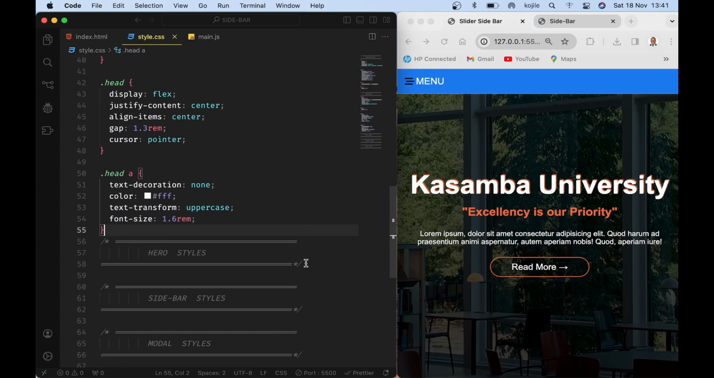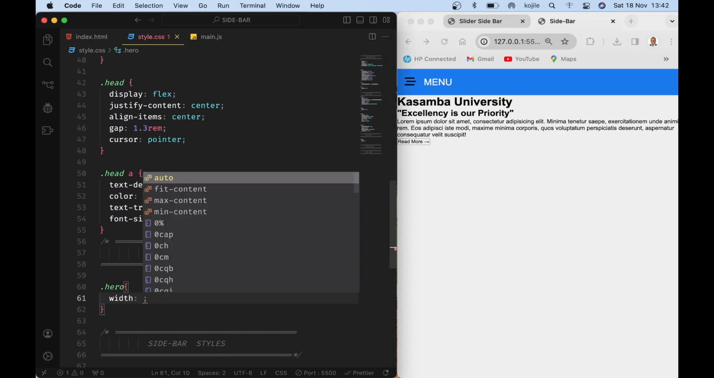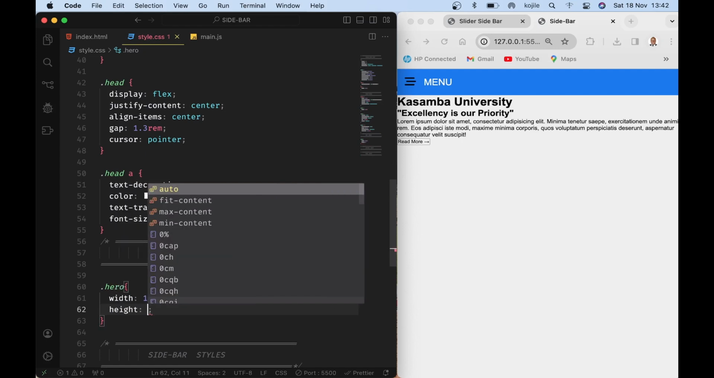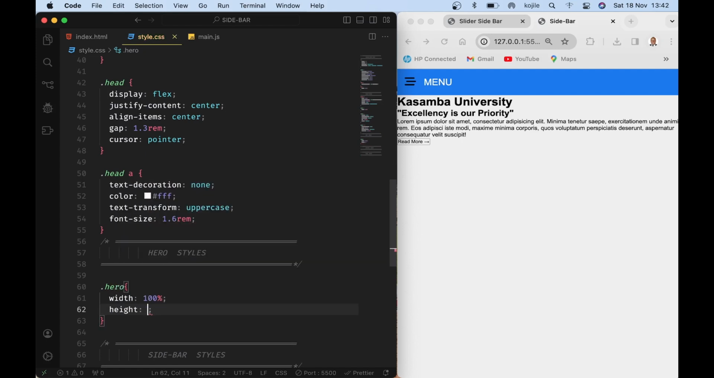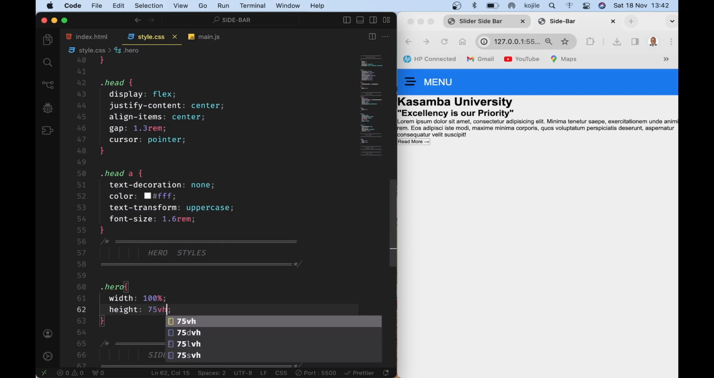Let's shift to the next side here, and we paste the class we copied from our index. Now what do we want to do? Let's get back there and see. We first need this to cover 100% of the width of the browser. So width will be 100%, and height, let's say maybe 75 to see how it looks, 75 view height,